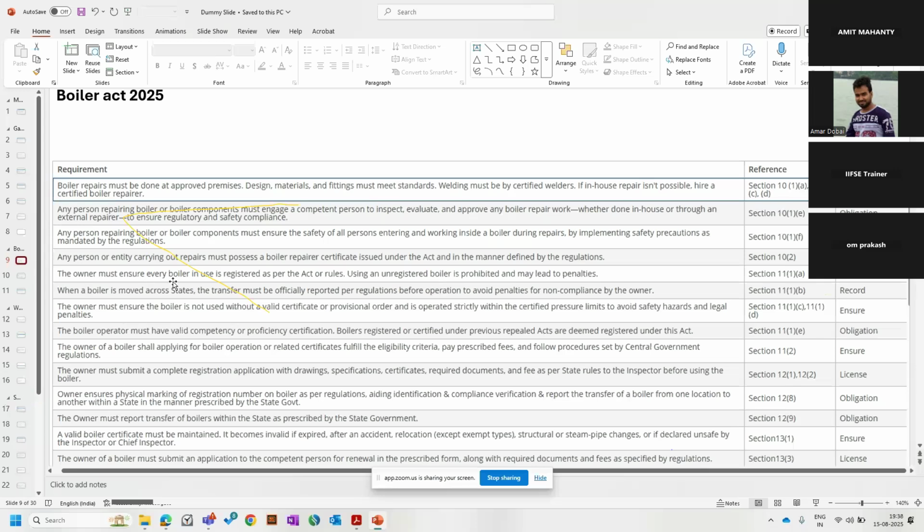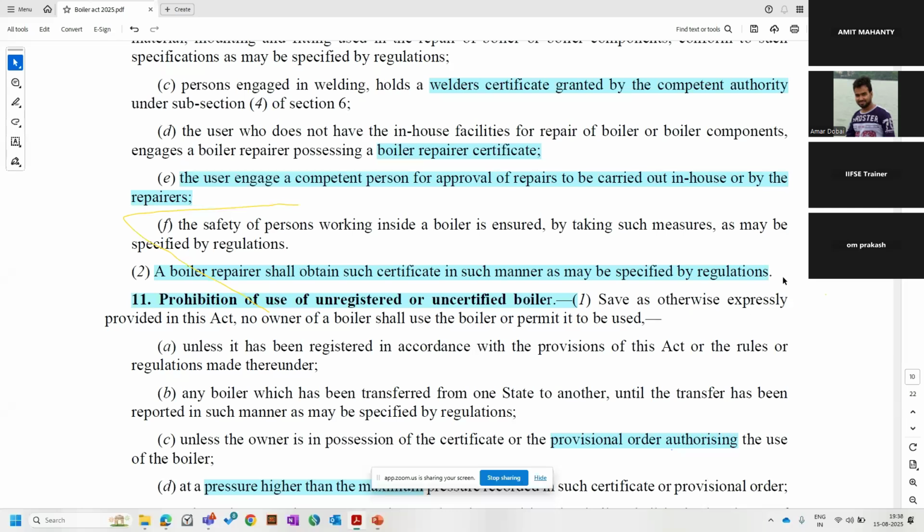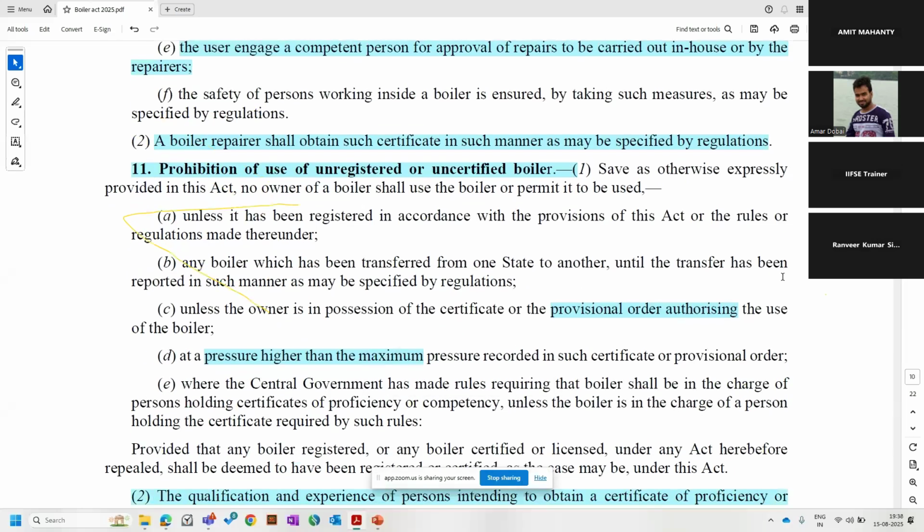Then the owner must ensure every boiler in use is registered as per the Act or rules. Using an unregistered boiler is prohibited and may lead to penalties. This is another obligation, section 11(1)(a). It means